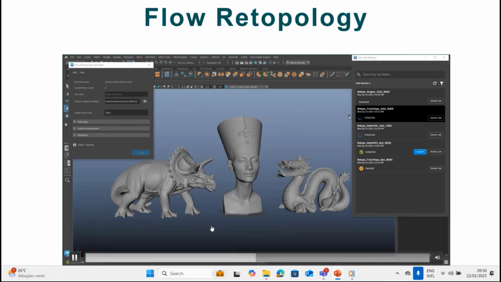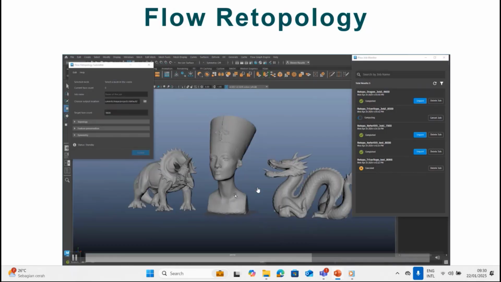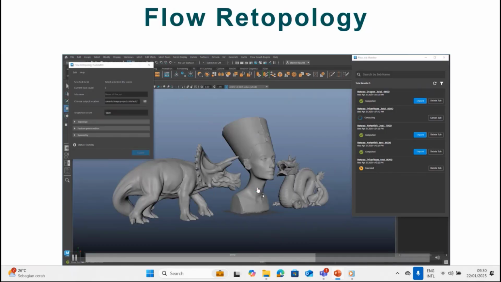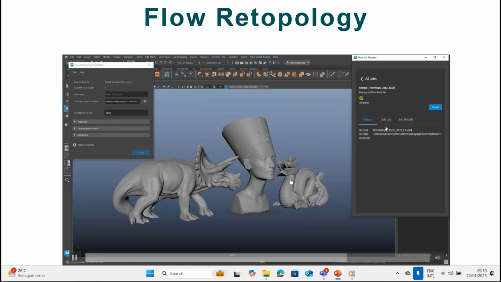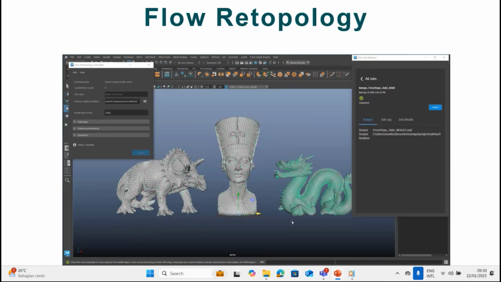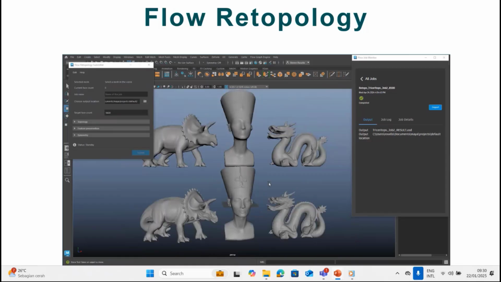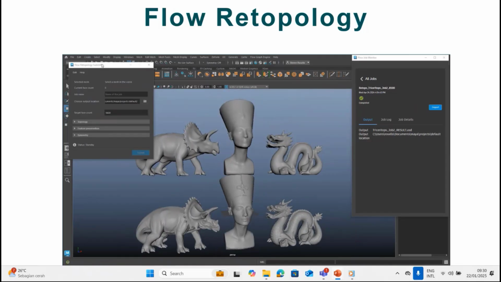See, you can see the compute complete, and you can import after. See how fast. Previously it was too slow, sometimes we asked when it would finish because it was too slow, but right now when you do the retopology, 3ds Max has an improvement in Flow Retopology.